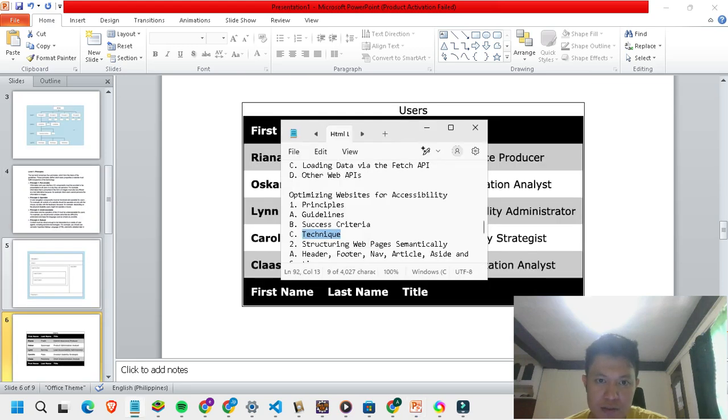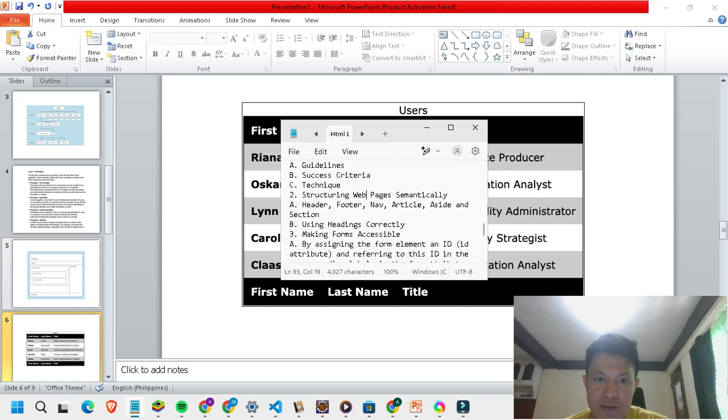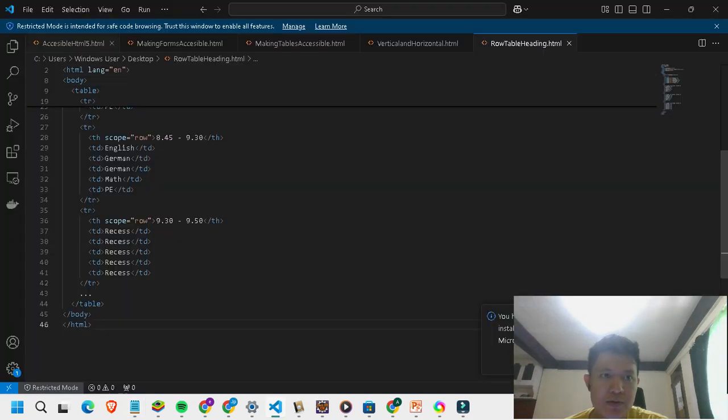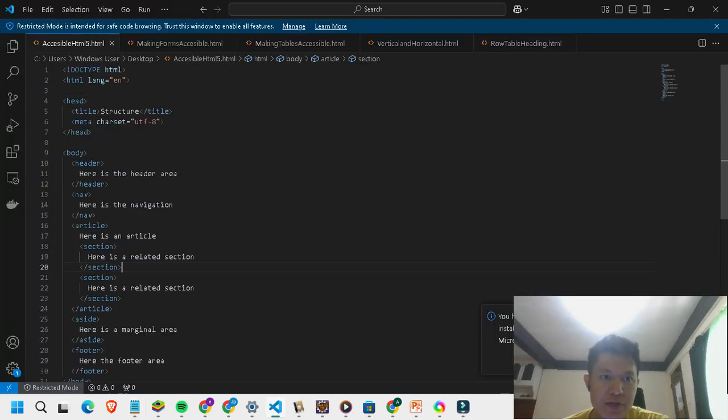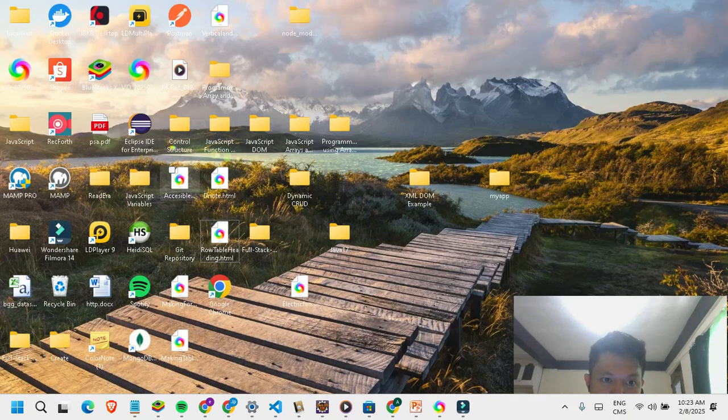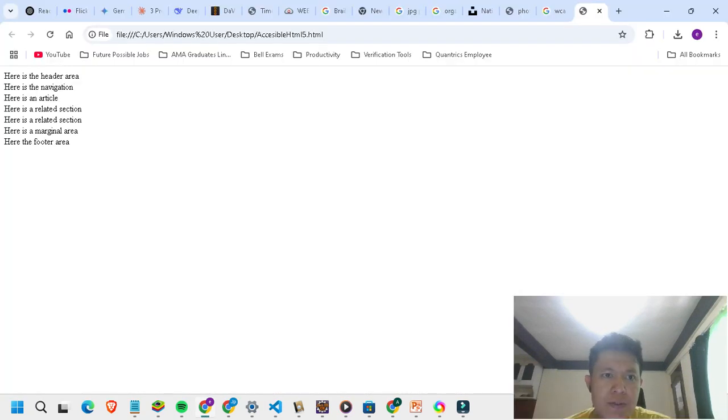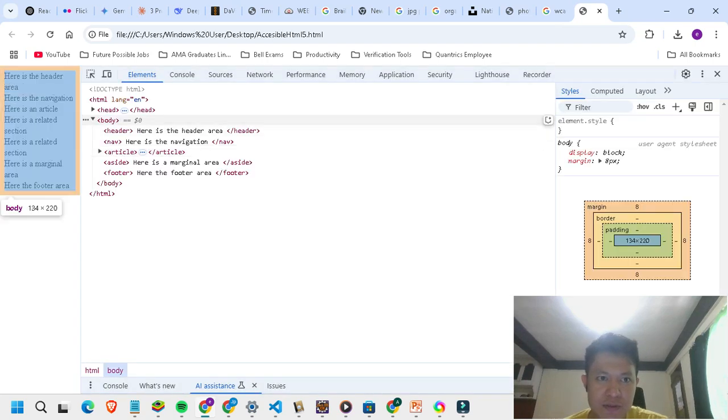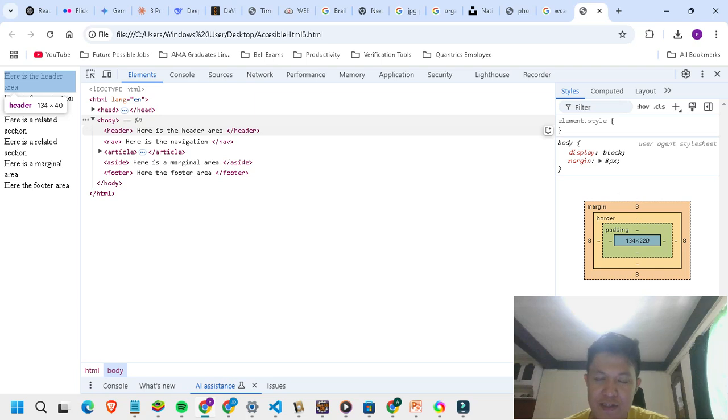So let's see. Using headings correctly. I'll provide an example here. Here, accessible HTML5. If you look at the developer tools, here's the body. There's a header that provides the title.